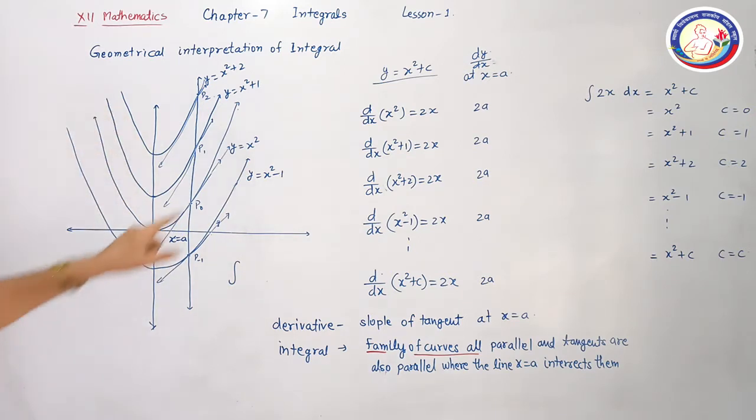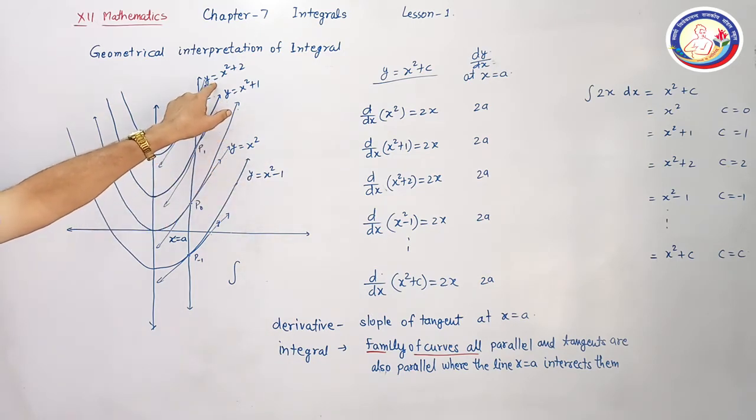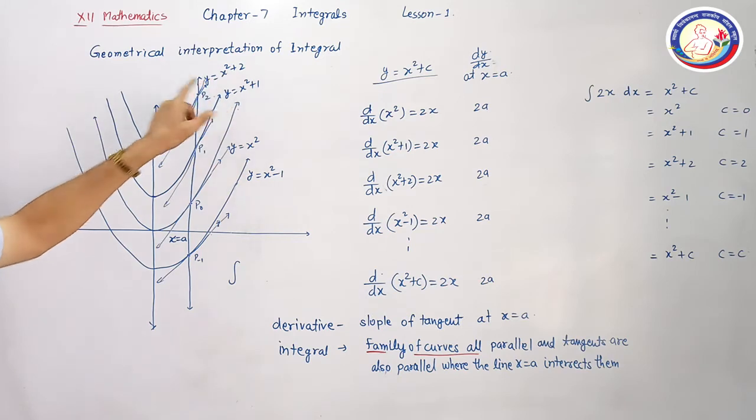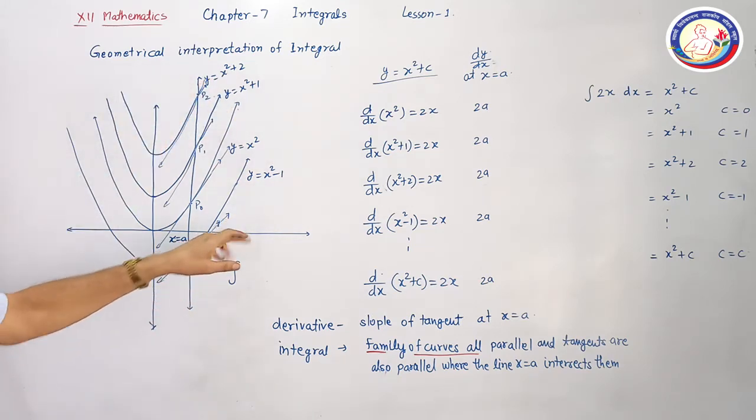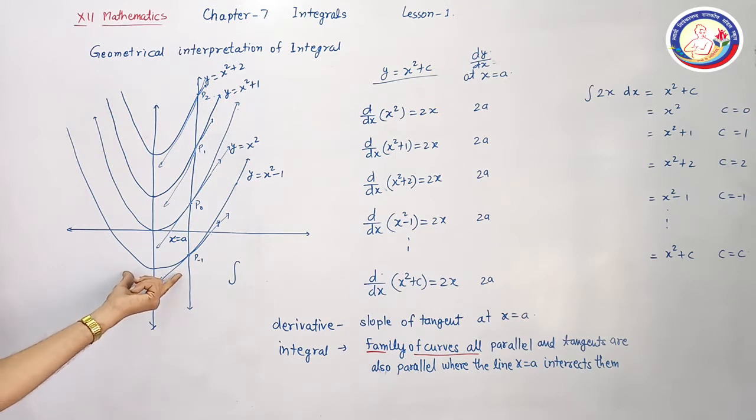And then if we take c equal to 1, this will be the parabola. Again, if we take c equal to 2, this will be the parabola. If we choose c equal to minus 1, this will be the parabola. In this manner, we can have infinite number of parabolas. If c changes, the parabola will change. But all will be similar, only